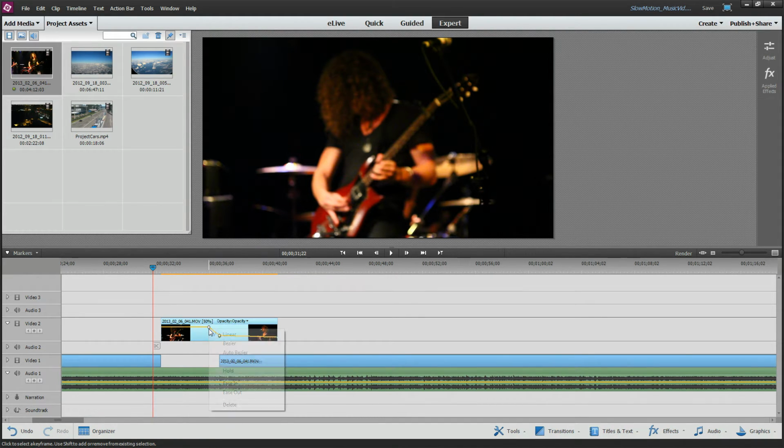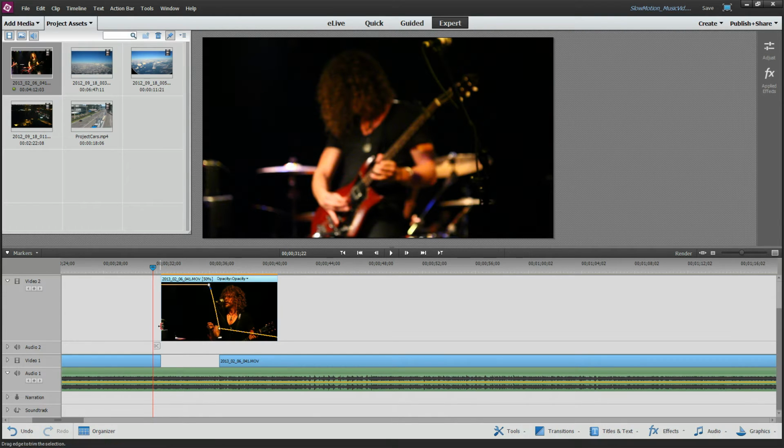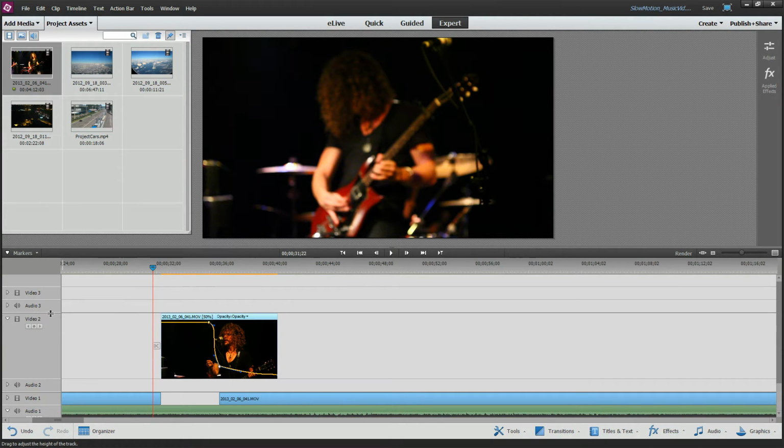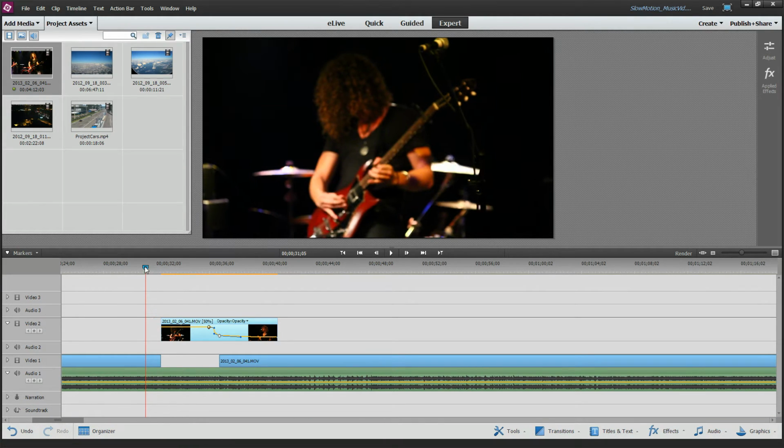Now, if you want to control this, right now it's linear, meaning it goes from a flat opacity, then right down to nothing immediately. You can change that to a Bezier, a nice little curved type of pattern. So let me change it to a Bezier, and let's make him big so you can see it. And then you get this little handle here, and you can drag this around to get a very weird kind of drop-off here, more of a curve-shaped effect. I have no idea what this is going to look like, but that's the beauty here: we can play around with it and undo if we don't like it.